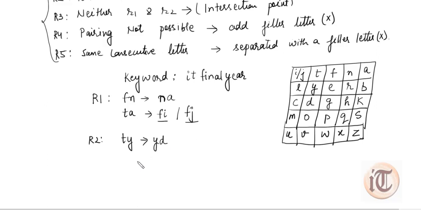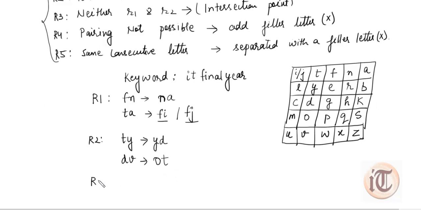Okay. Now we take another example like D and V. Just check it out. D and V are in the same column. So for D the ciphertext will be the next letter beneath it. Then letter D is replaced by O. And for V the next letter will be T. So for D and V as the plain text, the ciphertext will be O and T. So this is rule 2.